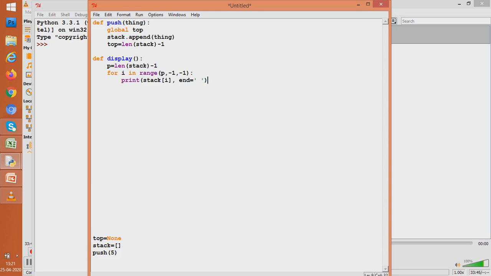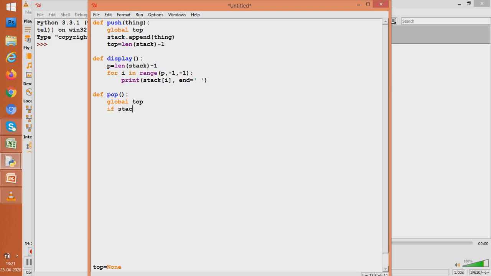Now let us write a function for popping, that is deleting. When we write a function for deleting, let us give the name pop, as technically we say it to be pop. You can give any name, but I have given the name pop. Let us write here global top, because here we will require to change the value of top. Now we want to delete, but sometimes it so happens that when we go to delete in a list, the list already has nothing in it. That is, the list is empty. So let us first check whether the list is empty or not.